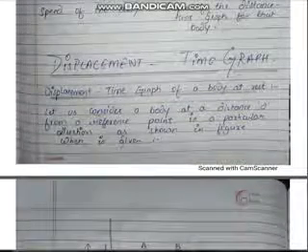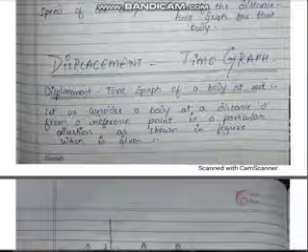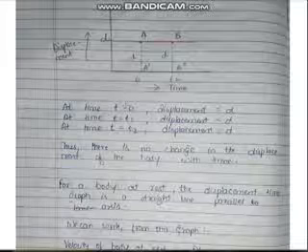Displacement time graph is totally similar to the distance time graph. There is no such big difference. You will see that there is no difference at all. Now, distance time graph of a body at rest. Let us consider a body at a distance d from a reference point in a particular direction as shown in the figure. See, this figure is exactly the same as we made earlier in the distance time graph, and its explanation is also the same, no difference between the two.